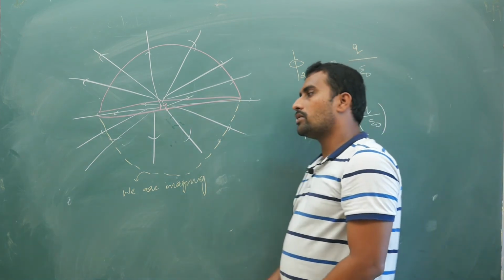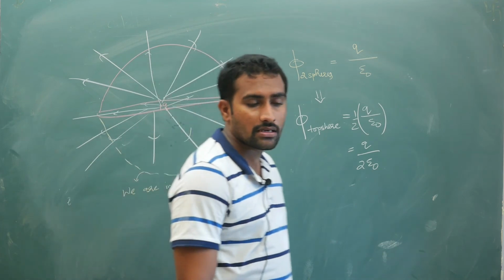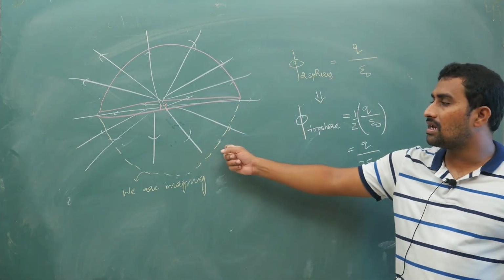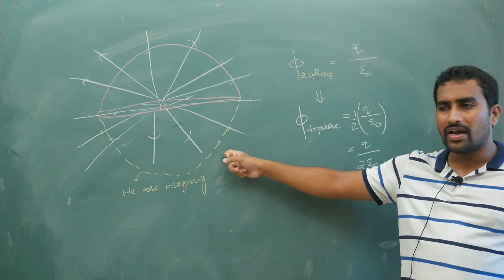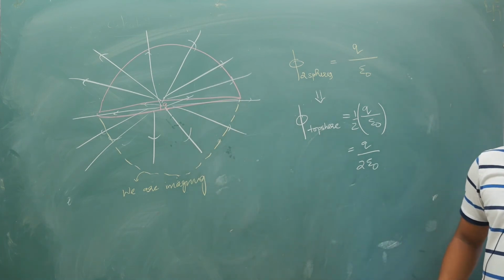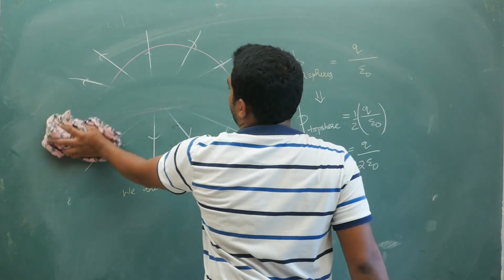So out of the produced field lines, q by 2 epsilon naught will go through the top original hemisphere, and q by 2 epsilon naught will go through the imagined hemisphere. Once again through the two hemispheres, your charge q is inside, so you get q by epsilon naught. Hope you have understood it. This he will not give you in the question. This we are imagining. We are dividing the field lines symmetrically. I am continuing further. Okay, next.